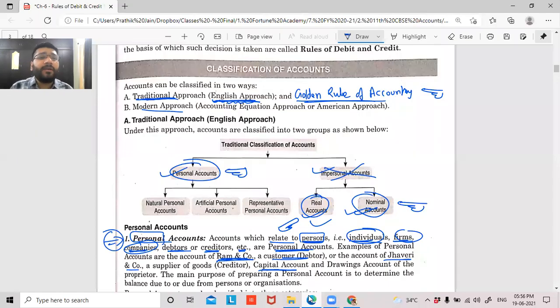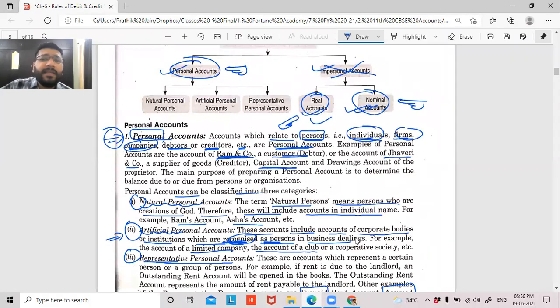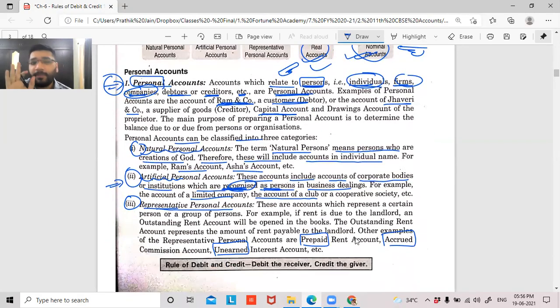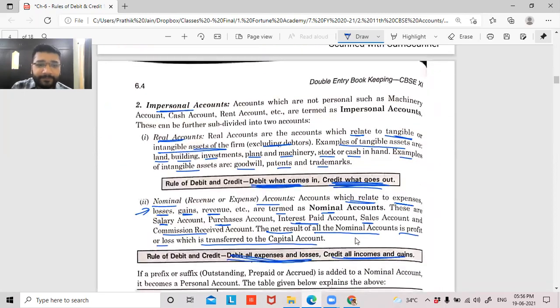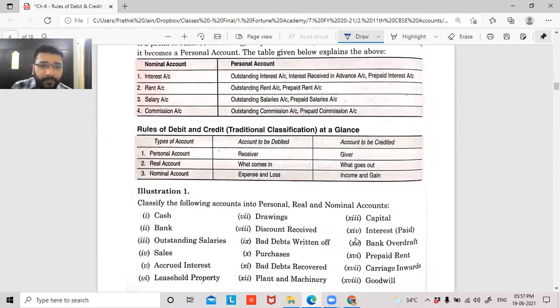I don't expect you to understand or remember this 100% now, guys, because we need to do a lot of practice. Only through practice will we get to understand all this in detail. So can I say that at least 30% of this you have understood? 30% of the rule has gone into your head? Yes, sir. 30%, not much, 30%.